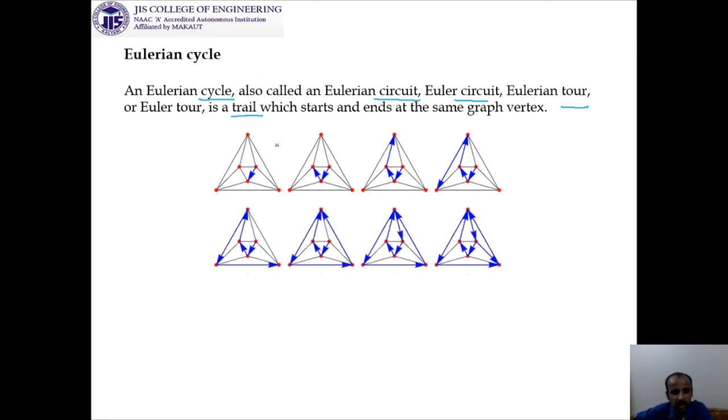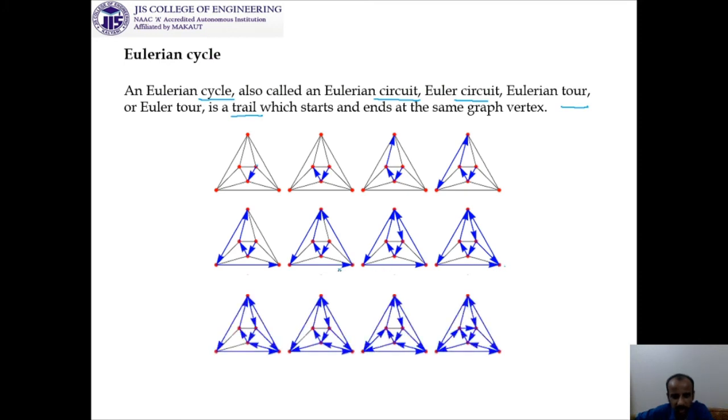So now let us see the first two things. We have started from this one. Then this one is the first step, second step, third step, fourth step, then fifth step, then sixth step, then we are making it the seventh step in this direction, and then the eighth step is in this direction up to this. Then in the ninth step we are taking this one, please follow. Then in the 10th step we are taking this one, in the 11th step this one, in the 12th step this one.